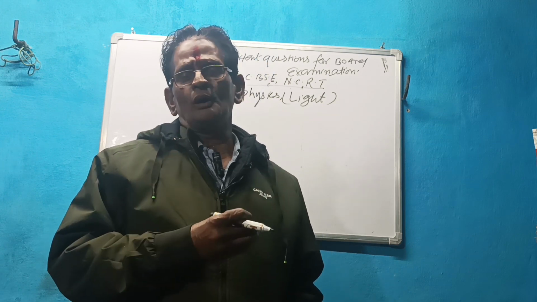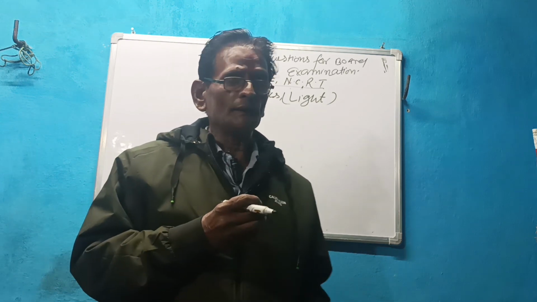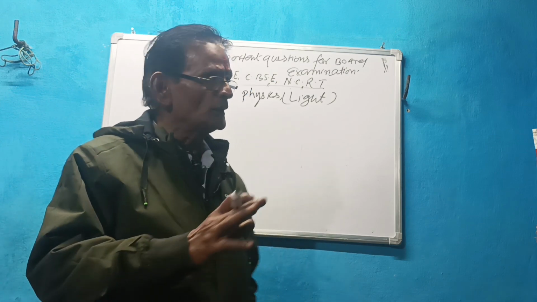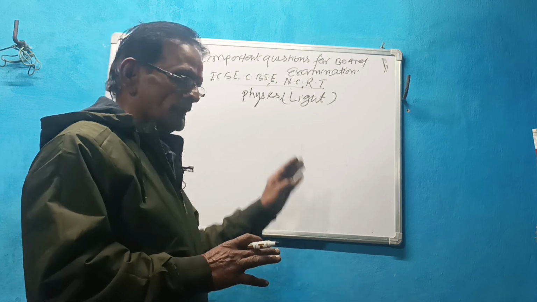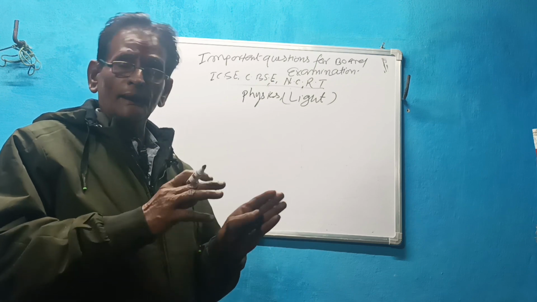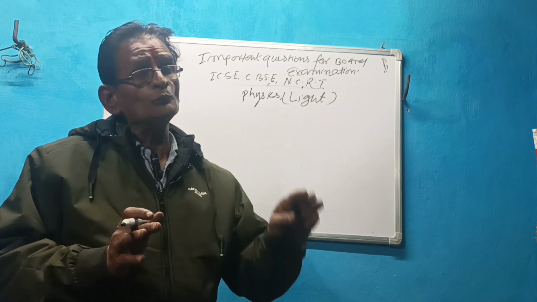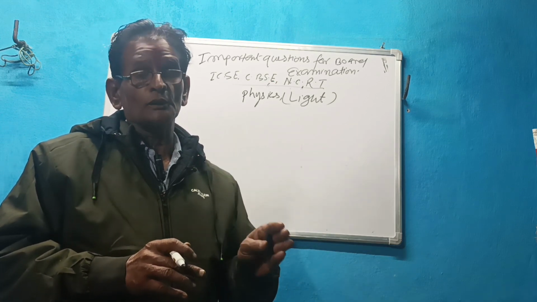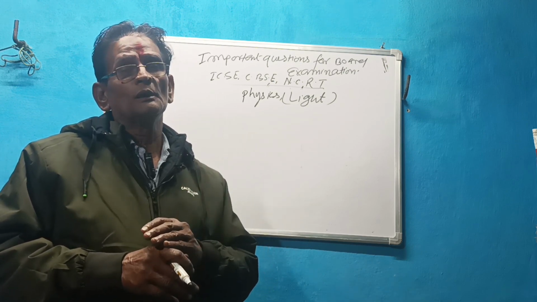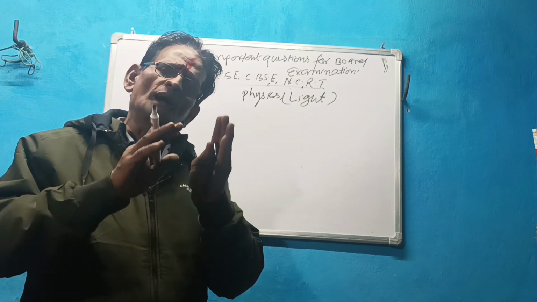But first of all, I am going to give you the formation of the image in different types of mirrors and lenses. First of all, I am going to teach you the formation of images in a concave mirror. Then we can put the object in different places and see how we get the image, what is the nature of the image, what is the position of the image, what type of image will be formed, and what would be the height of the image, etc. All of these questions you can find in an easy way.